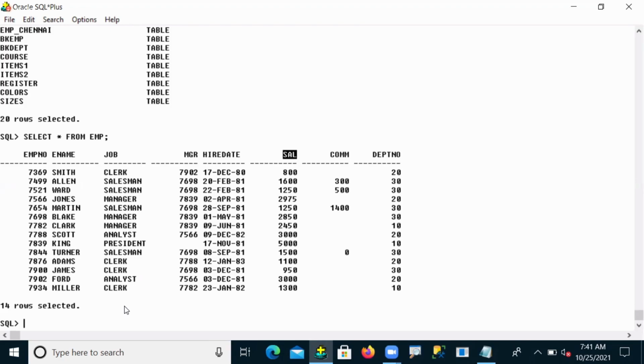Let me see how to create it now. Create view, view number 2 as select. If I use star, it means all columns are going to be accessed, meaning the entire table, which we don't want here. We want only the required columns: EMP number, e name, and salary, from the EMP table. So in my select query statement, whatever columns you mention,